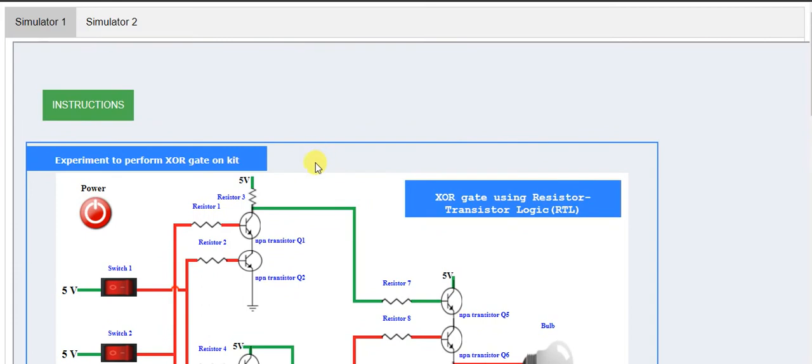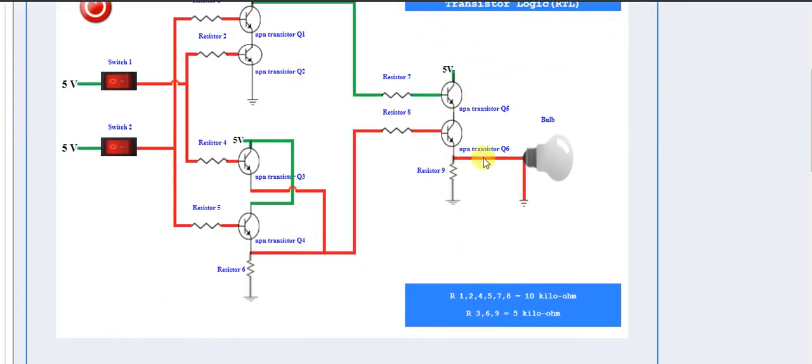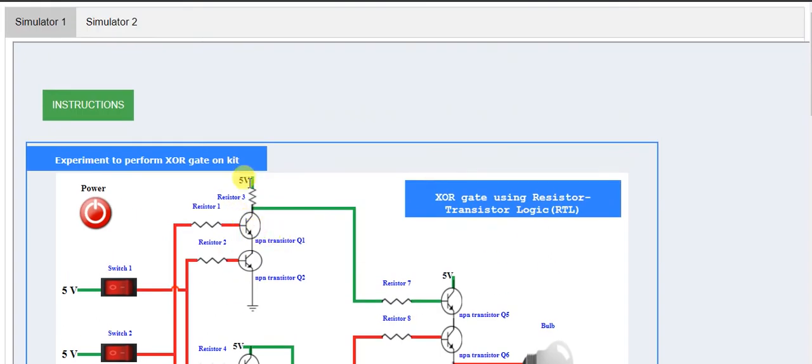So the outputs of these two transistor groups are connected with two more transistors which are cascaded together. Keep these two circuits in mind, because it's very essential how the current passes. In the first case, a common 5 volts passes through this one and the base of the second group. These two are the first group, this is group 2.